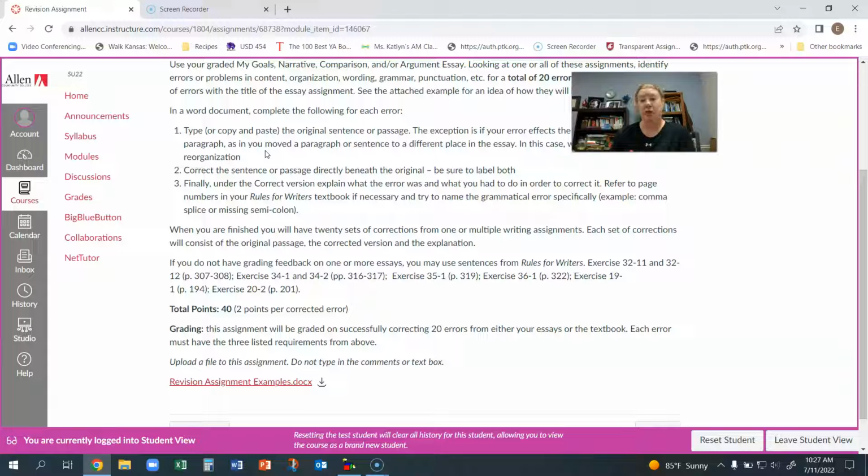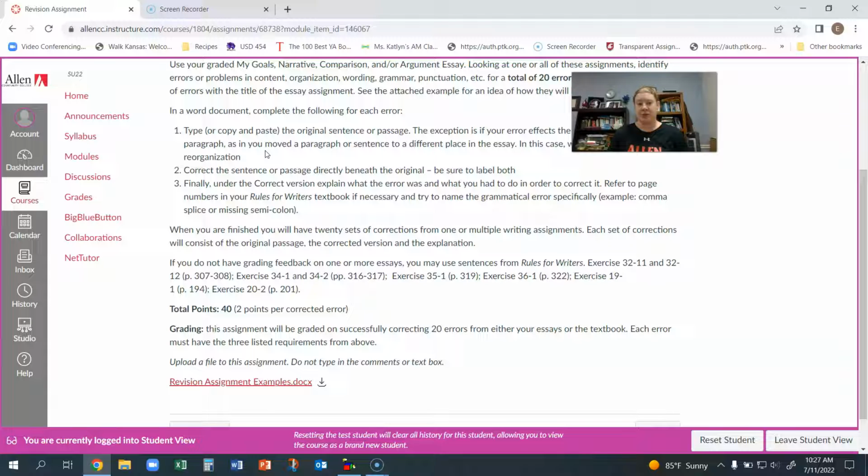So don't make it hard on yourself for this assignment. You are not rewriting the essay. You are just isolating sentences and passages that need revision. So it's not quite like revising an entire essay where you would look through the whole thing and be doing some larger scale revision. We're looking at smaller scale stuff here because this is the area where you can really improve your own writing.